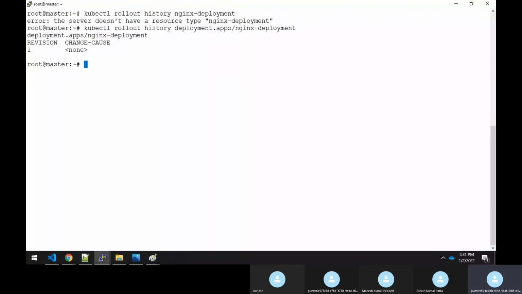Now you could see that it has the revisions, and it says the change cause is none. It means that only one time you have applied it, sir.